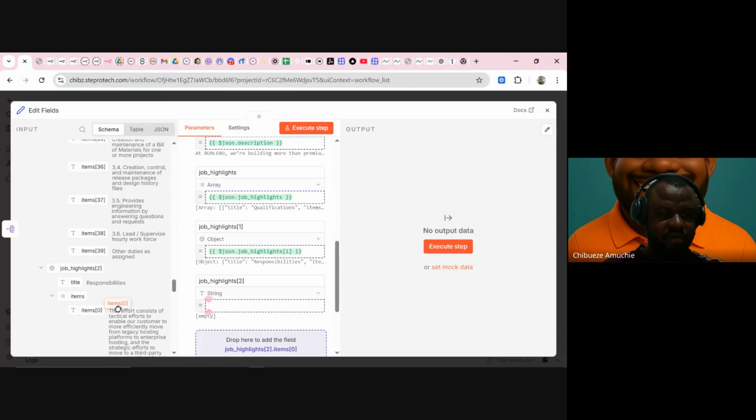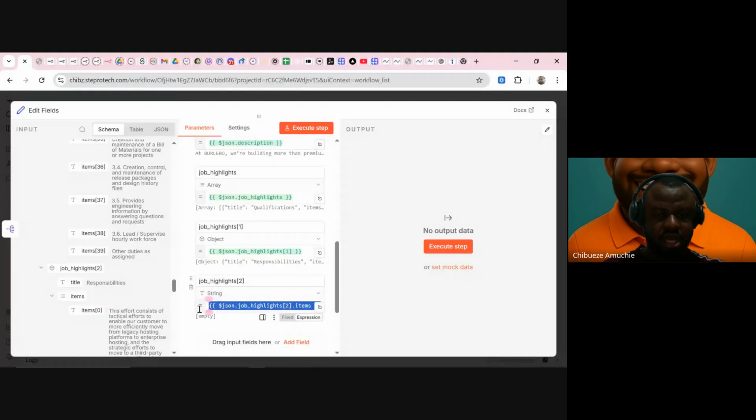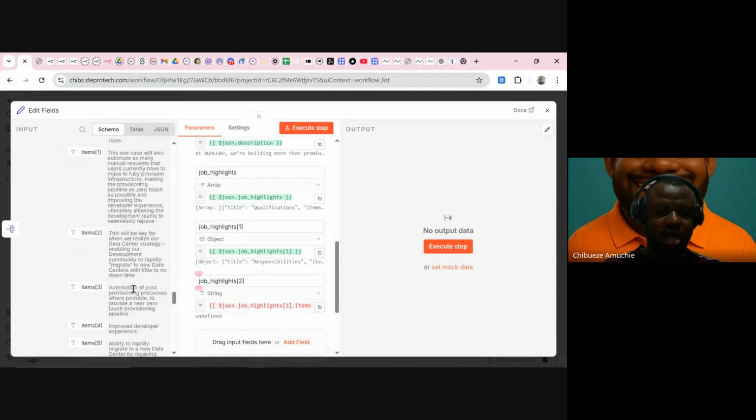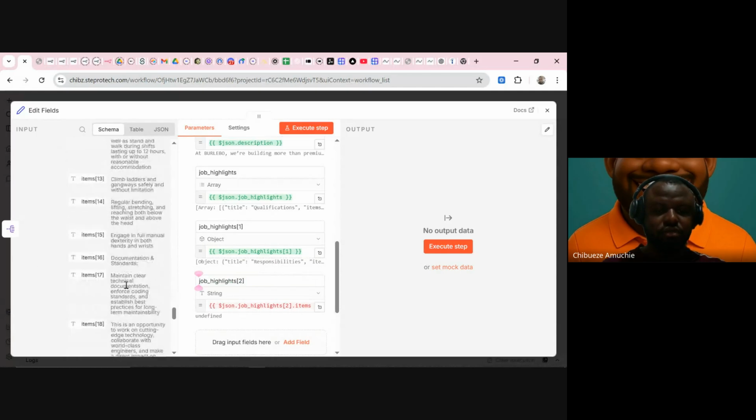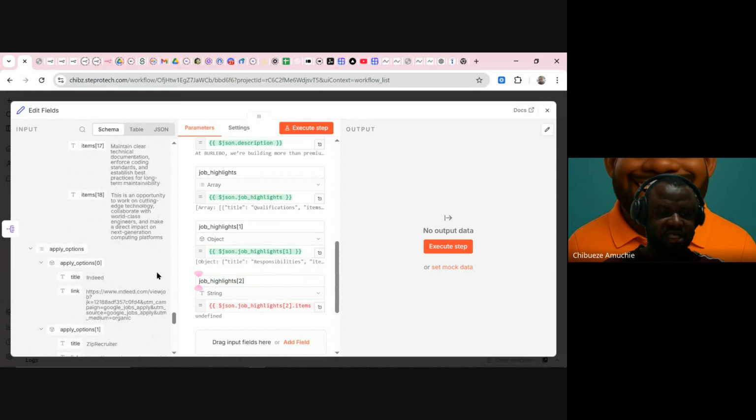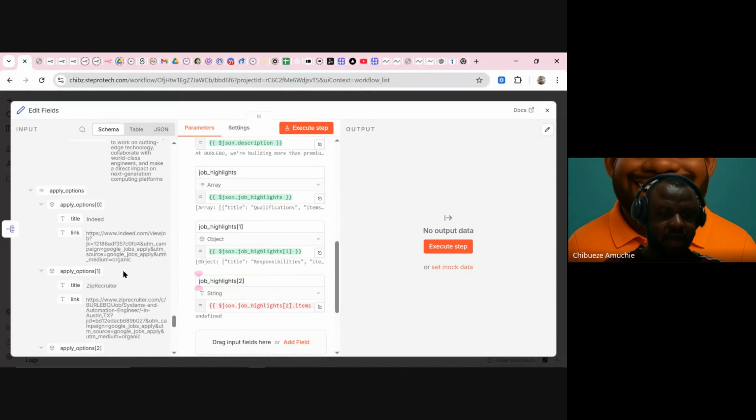Okay, that's fine. Let me map from here and see how it comes. Undefined. Okay, undefined. But then let's consider and see. Sometimes it will happen and it goes. But we need to convert it. Then